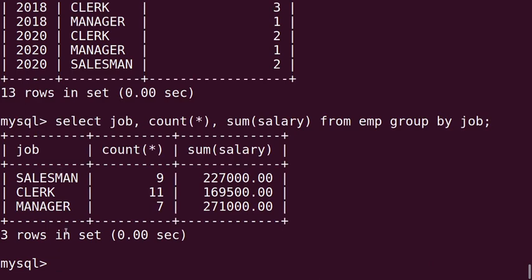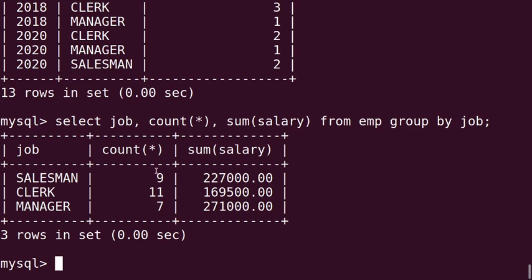So 3 types of jobs are there, 3 lines are coming in the output. Count star means total number of records: for salesman you are getting 9, and salesman's total salary is 2,27,000.